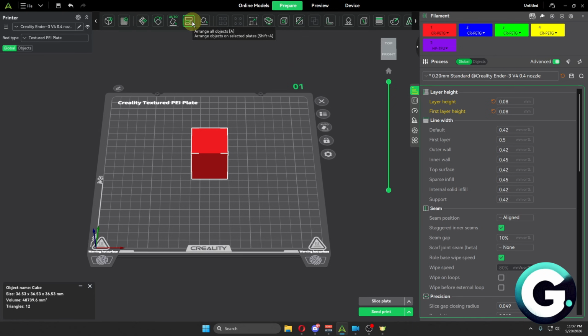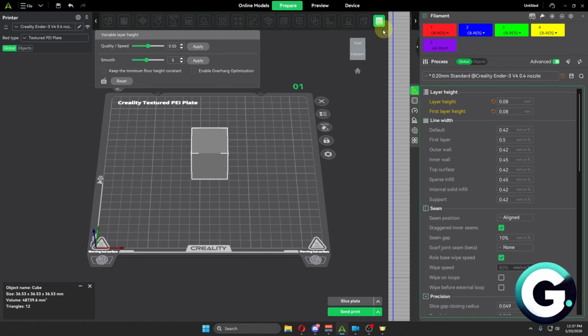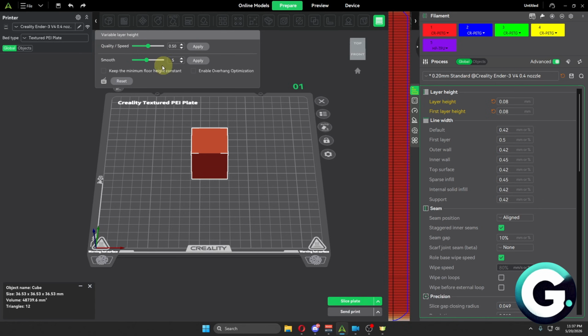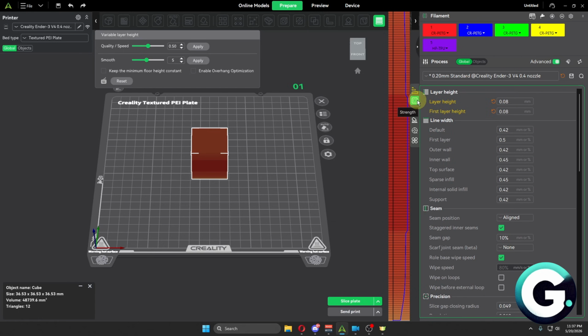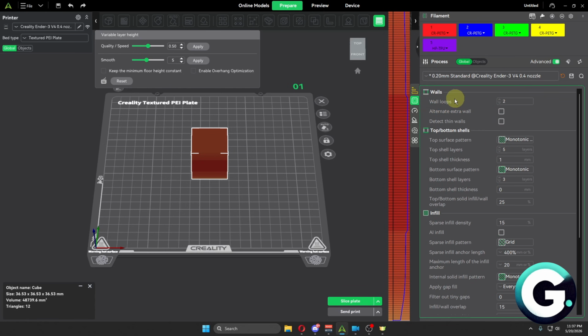And then from here, we have to enable the variable layer height. Now it's going to be this choice right here. Click on the quality and speed. We have to click apply. Same thing with smooth. And then on the strength option, which is going to be this one, you want to